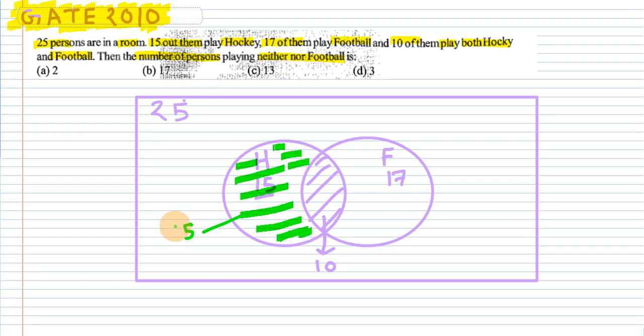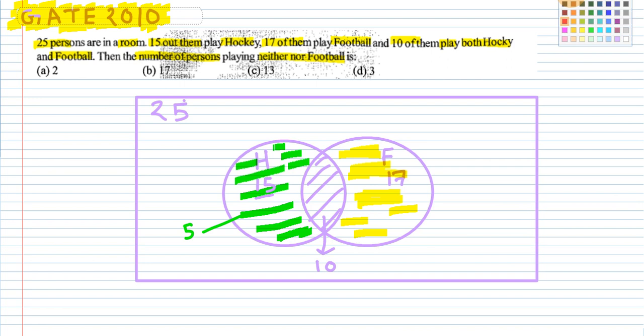So this green region represents 5 persons who play only hockey. And for football, this yellow region will represent the persons who play only football, right? If you want to calculate the number of persons who play only football, we can minus this common region 10 from the 17, and we will get